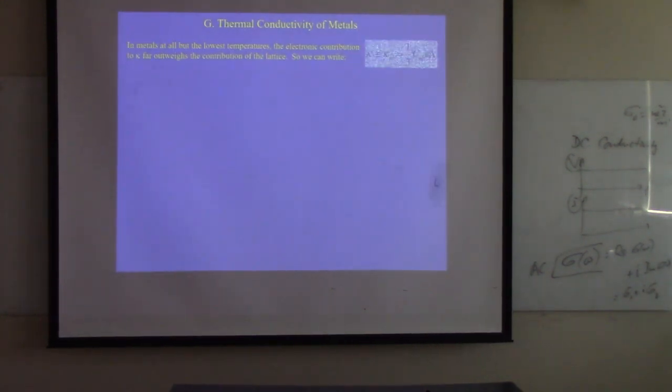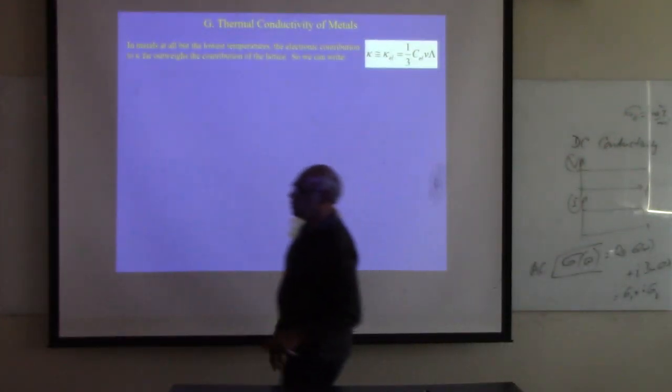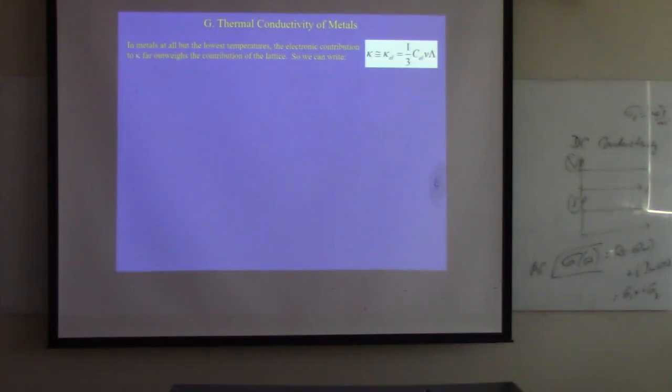Okay, so now let's quickly go over the thermal conductivity of metals. Everybody remembers the thermal conductivity part? So what was the thermal conductivity? Everybody should remember this equation, right? Thermal conductivity is usually given by 1/3 of your heat capacity times v squared